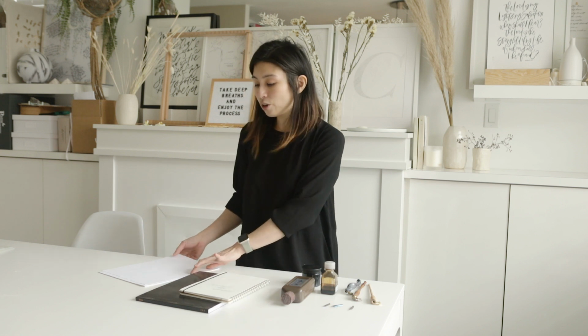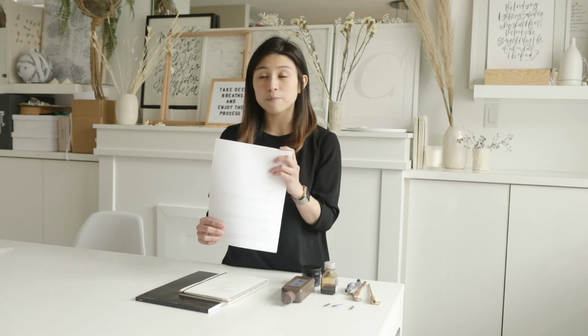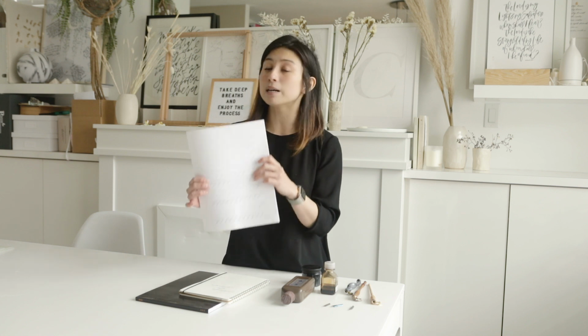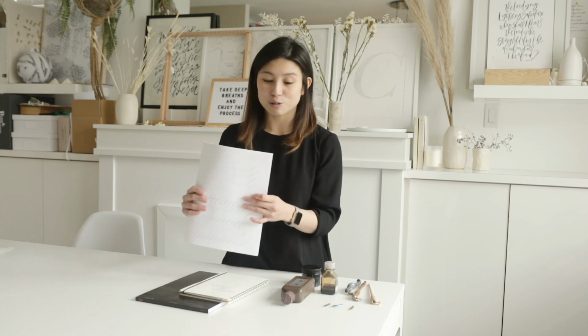And of course, if you want to go for a really cheap option, there's HP copy paper. I know it seems mind-blowing, but you can actually use copy paper for writing in calligraphy. In fact, it doesn't even have to be this brand. Sometimes you just have to test it to see whether or not it works, but it definitely works for writing in calligraphy. So I highly recommend this paper, especially for those worksheets that I shared. If you want to download them for free, you can print them on this paper and practice with them, and it holds ink super well. So that's my mashup, my favorite little tools, my top 3s for getting started in